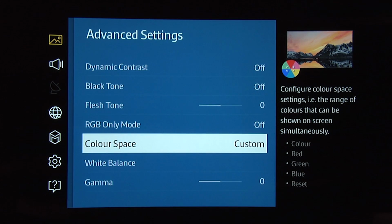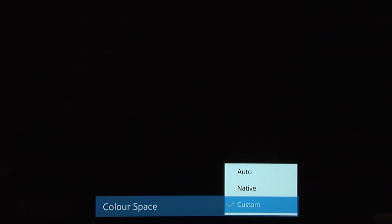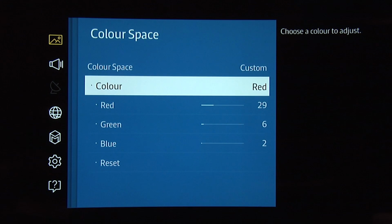When it came to the colour space, which is Samsung's name for their colour management system, we used the custom setting. However, once again the auto setting was extremely accurate out of the box, so you might be better off just selecting that. Although if you want to try our detailed colour settings, here they are for red,